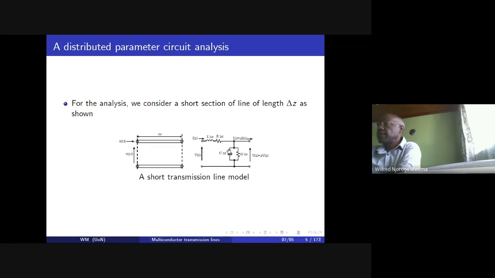So from circuit theory of a distributed electric network, we have a current Iz represented as a phasor and a voltage Vz across the input to the section as a phasor as well. And we have a total inductance L prime multiplied by delta z, because L prime is an inductance per unit length, and a resistance per unit length multiplied by the length of the line section delta z. And we have a current Iz plus delta Iz leaving